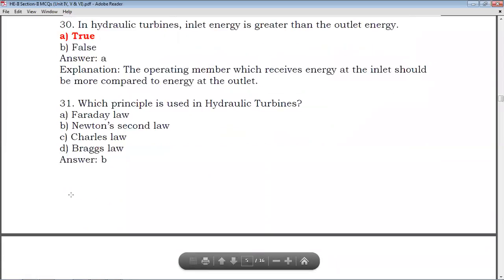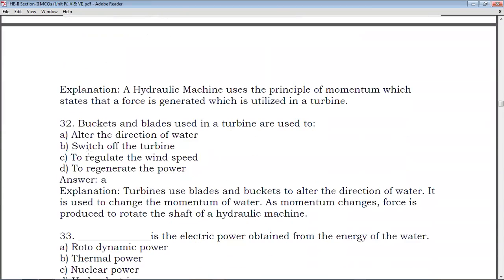See here, below each MCQ, what I have done is I have given the answer, and I have given the explanation for that answer. So even if you are not able to cover all the MCQs, you will be able to know what the correct answer is for the particular MCQ,